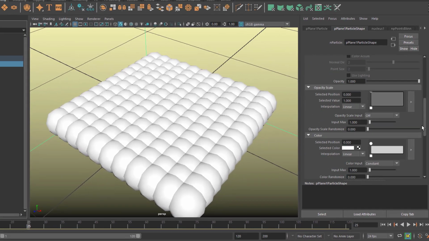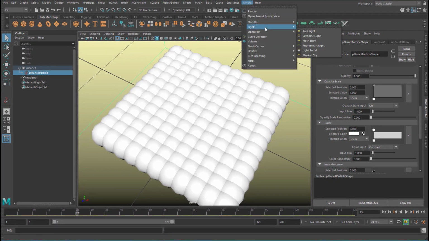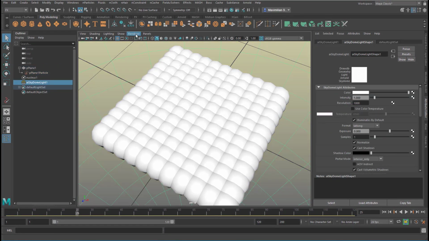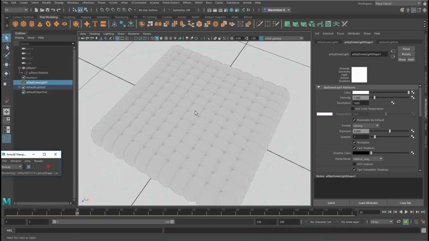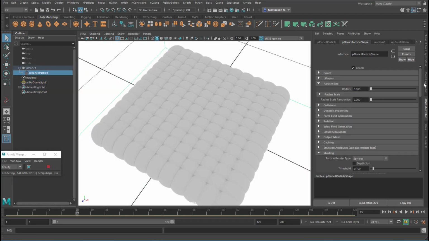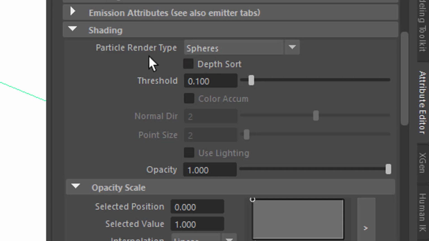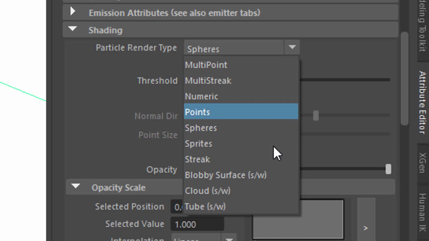But today, actually we can render this, so I show you the impression. Let's create a sky dome light, and I go to Arnold here and I render this. So this is what we get. All the spheres are here quite distinctively, and well, okay, back to the particle. I want it to be not displayed, the render type as it's called, as spheres, but as blobby surface. And blobby, you see,